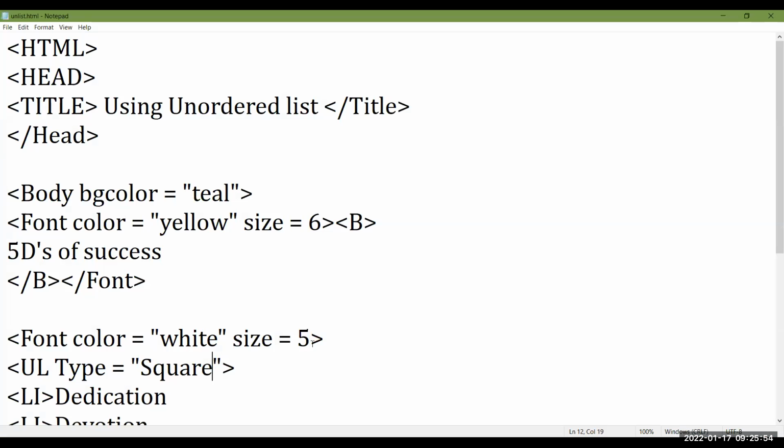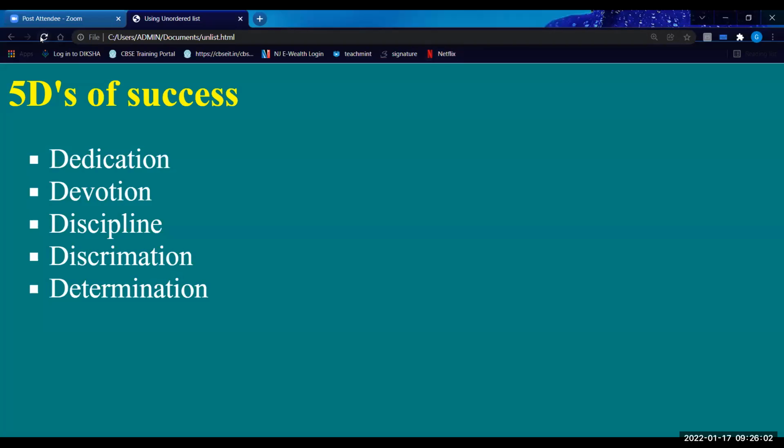Similarly, you can go back to Notepad. You can try a different bullet. I'm giving it now circle. Save it. Go to the browser and refresh it. See, bullets changed. So there are three types of bullets. If we are not defining any type, by default, it is disk. Otherwise, you can give circle as well as square. Square will be filled square. Circle will be empty circle. And disk will be filled circle. Okay. Is it clear to everyone? Okay.